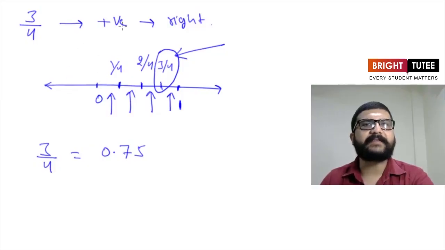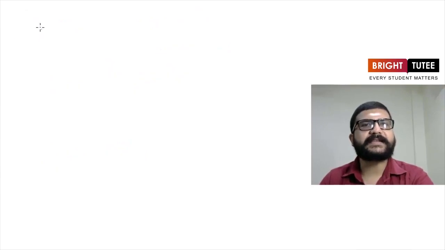So now let's take a negative rational number. We have taken an example of a positive rational number. Now let's take one example of a negative rational number. So let's take a number as minus 2 upon 3. I have taken a random number here. You can also take any other number and try this question. So let's try it with minus 2 upon 3.